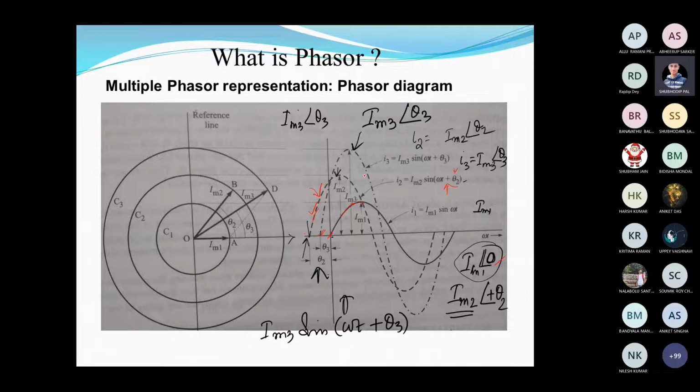And if you want to see with respect to their peak value, the peak of this comes at this moment, and the peak of this comes at this moment, and the peak of this one comes a bit early. So that's why it is actually leading the second one as well as the third one, right? Their magnitude may be different. Got the point? With respect to zero or with respect to the peak, you will have to consider.